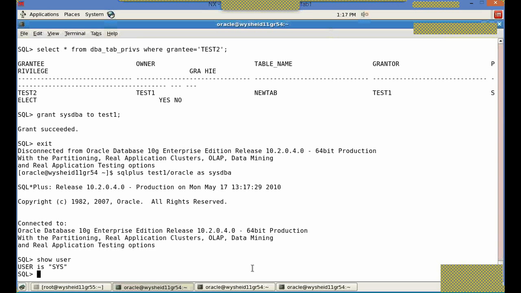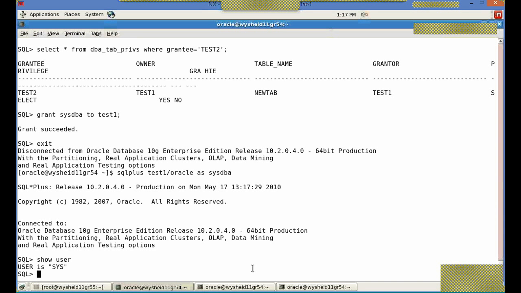in the previous class I told you, whenever the owner or a member of the user group connects from the database directly or from the server directly, whatever the username he connects with, he will just connect to the sys user only, because he is a member of the group who installed the software. So if we do not switch to the Oracle user and switch to any other user and then connect to test1/Oracle as sysdba,